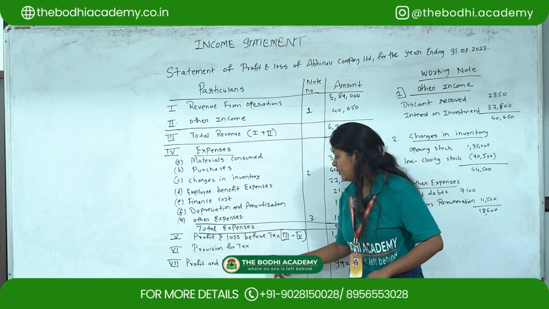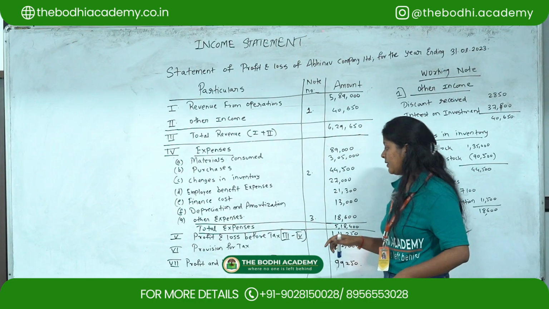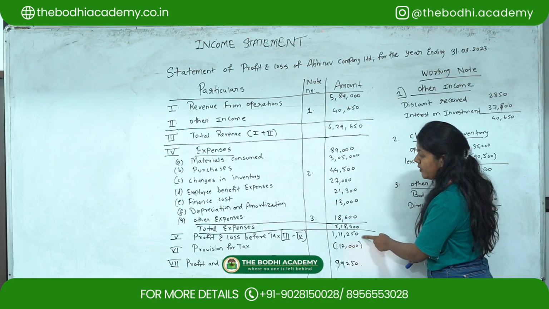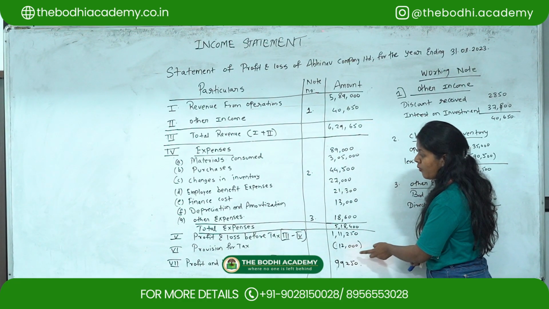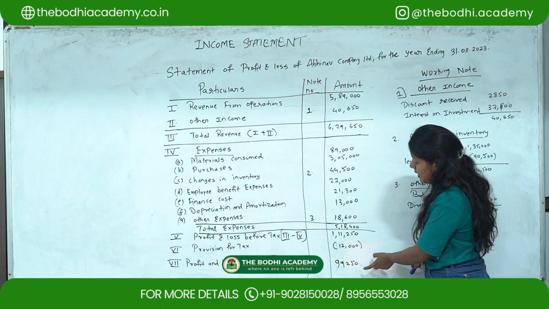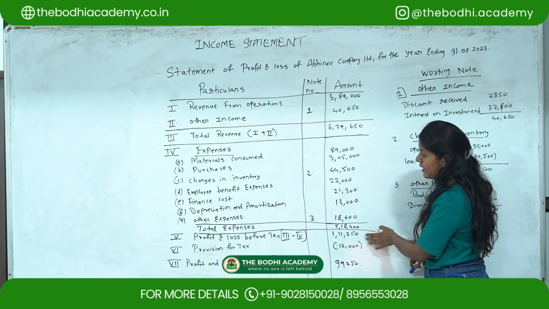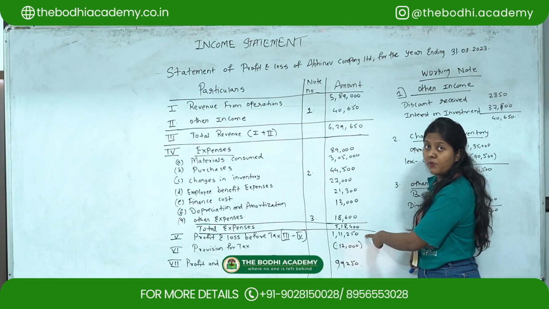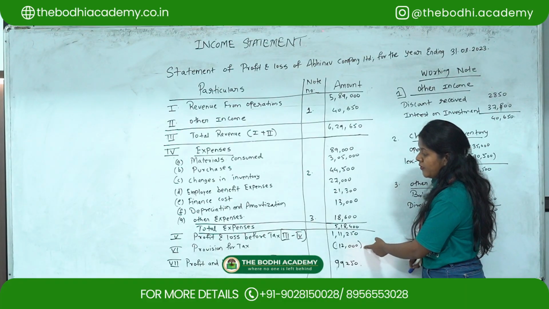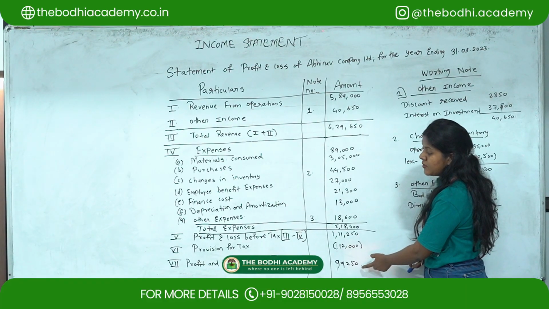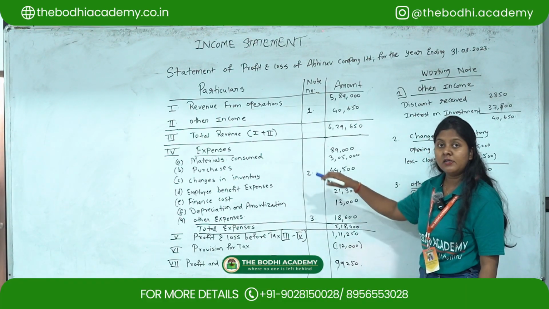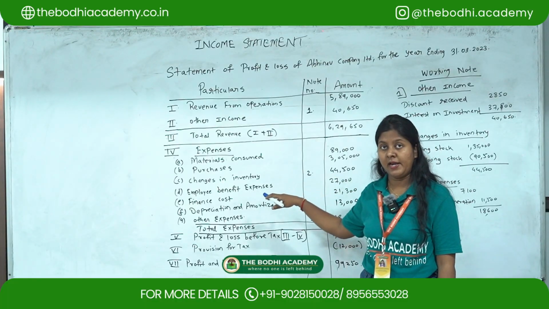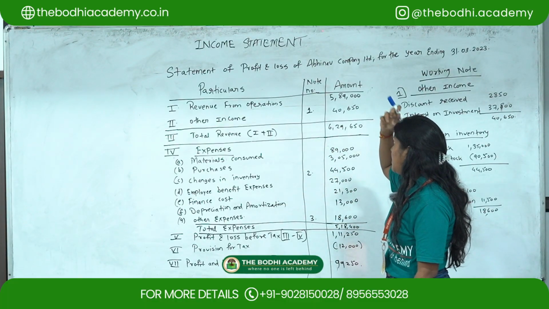Okay, after tax. So you have to check now if this profit before tax amount is more and provision for tax is less, then you will get the profit. Okay, and if your profit and loss before tax amount was less and your provision for tax was more, then it was loss for you. Okay, so here the most important step is you have to write down whatever the profit and loss.